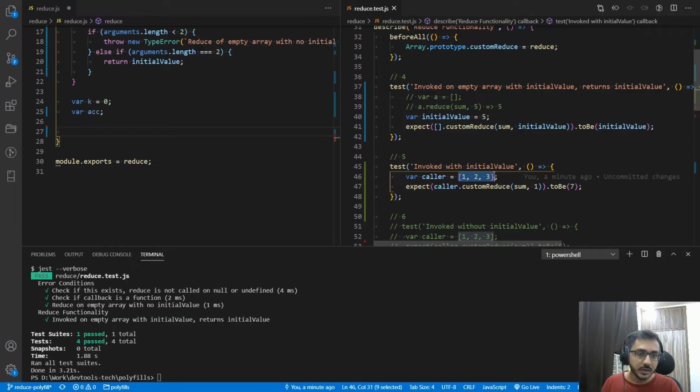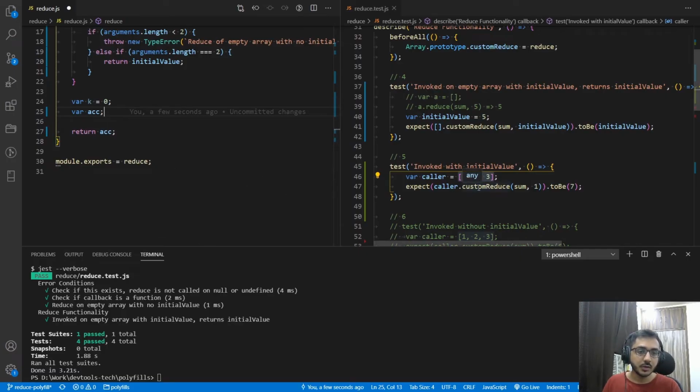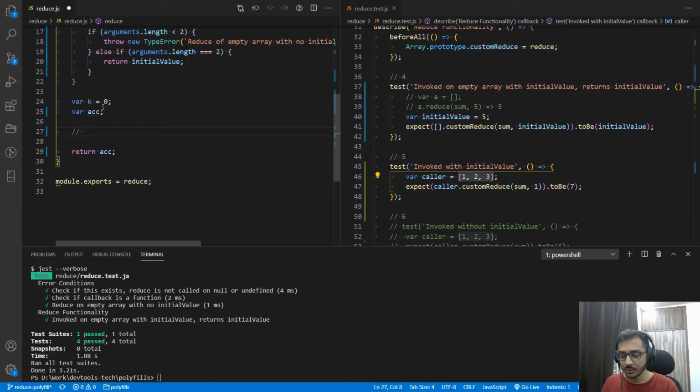It iterates over the entire array, uses the initial value, and whatever is the final output will be stored in this variable, and we will return it. Now we have to iterate from 0 till the end of the array. That means the reduce function iterates over the array from 0 till, let's say, arr.length.